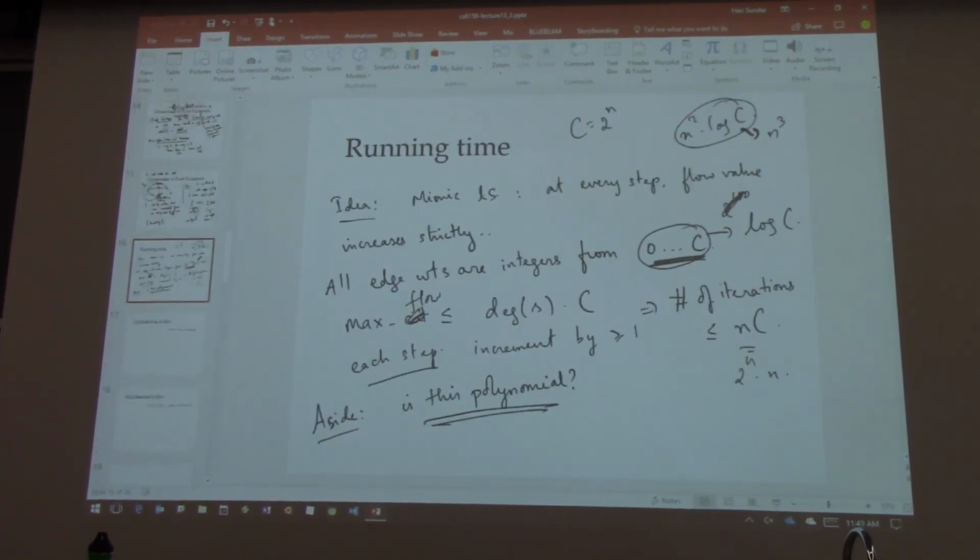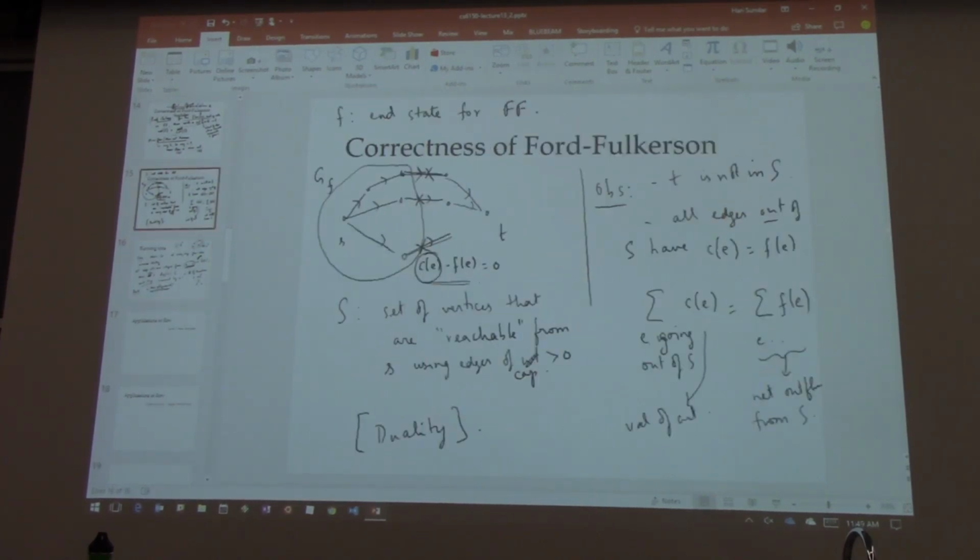Alright, so that's that. And the running time, this is something we saw last time. Before we go ahead, any other questions on the correctness? So this again is another example of a non-trivial proof. We have been seeing some of those lately, like spanning trees was nice, and this also is clever.